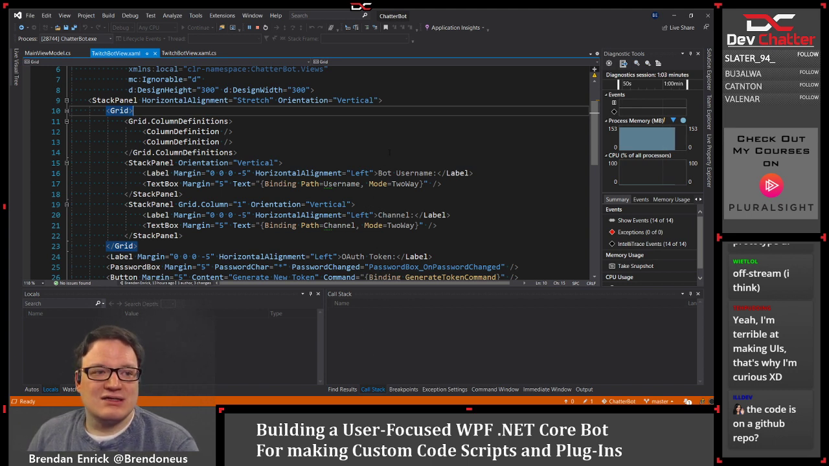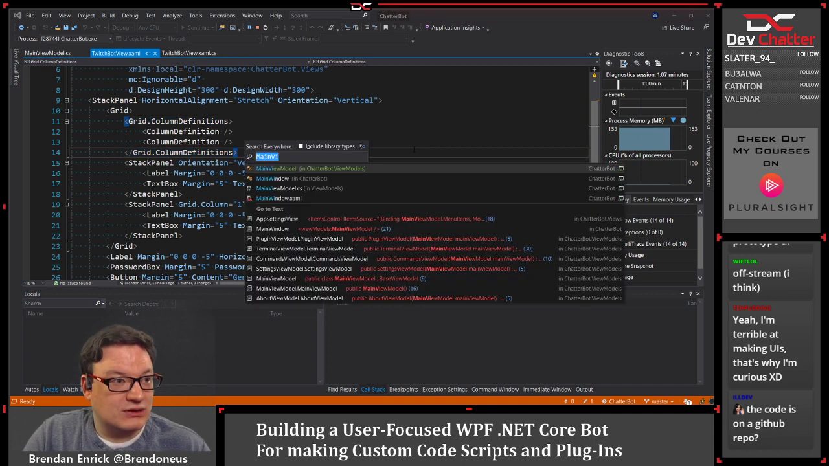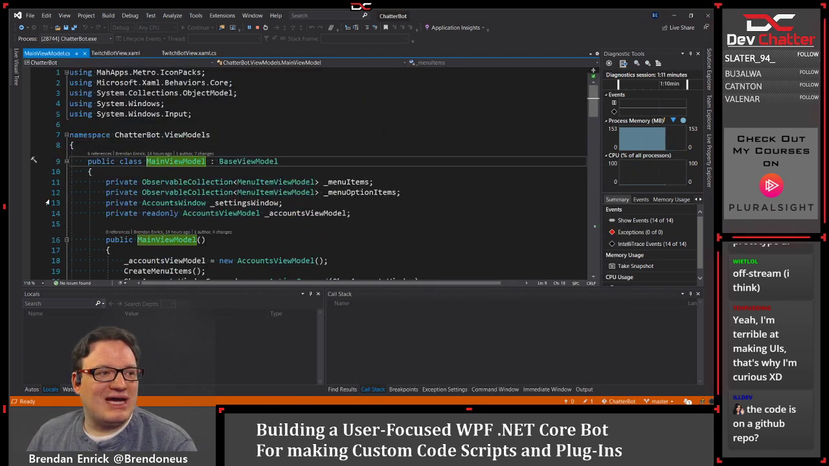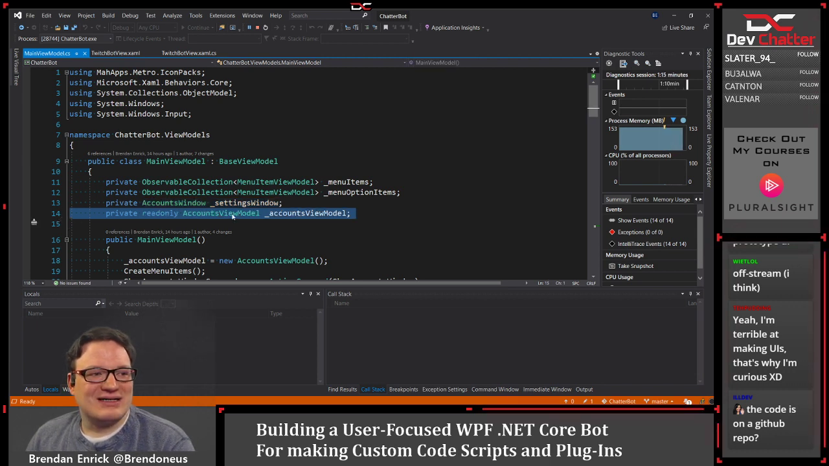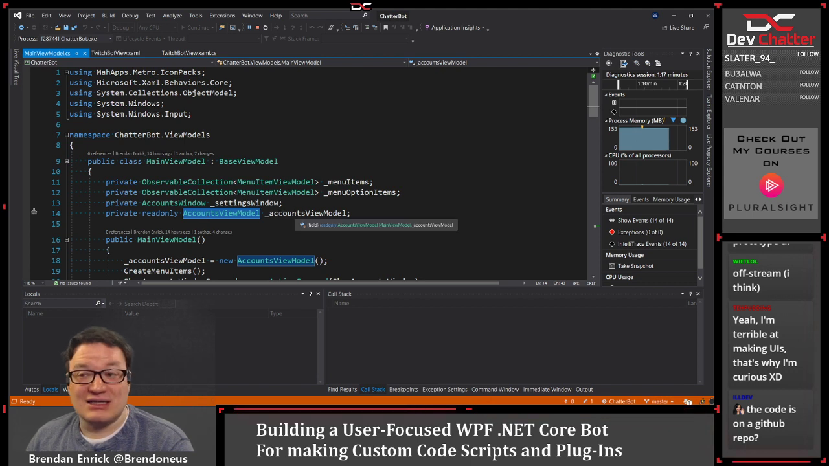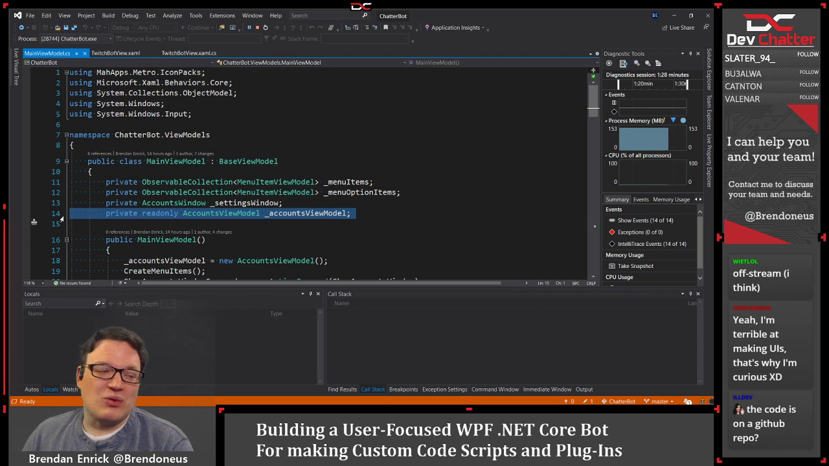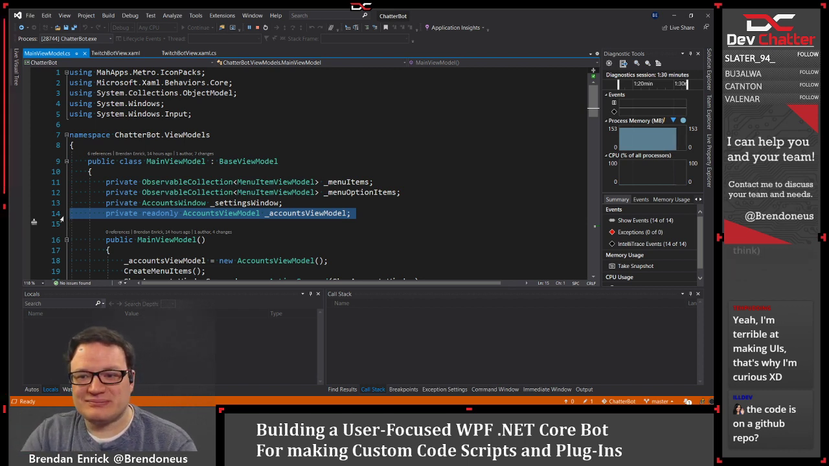So the parent, here, the main view model literally has the view model for the accounts view, like it literally has the instance of the accounts view model right now. So it can't not have this one. When we switch to an IOC container, what's going to happen is we're going to make it so that the